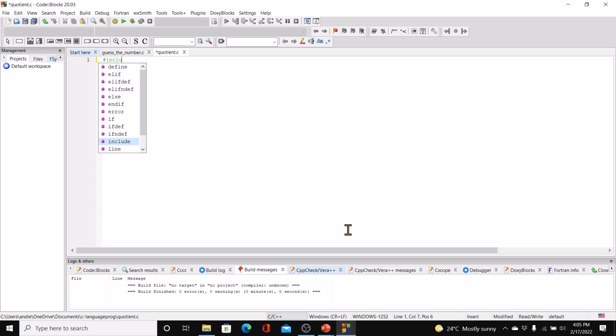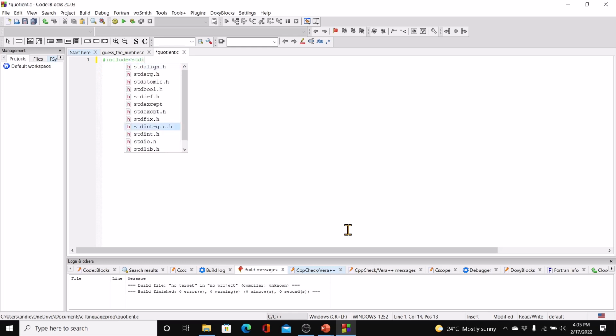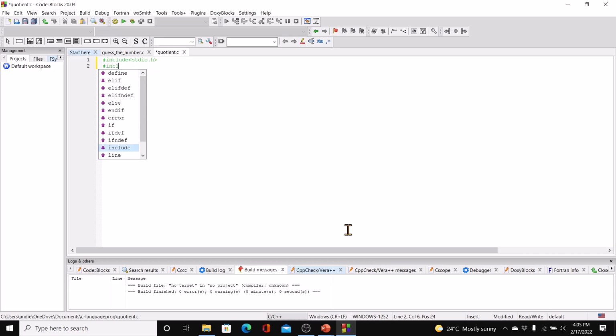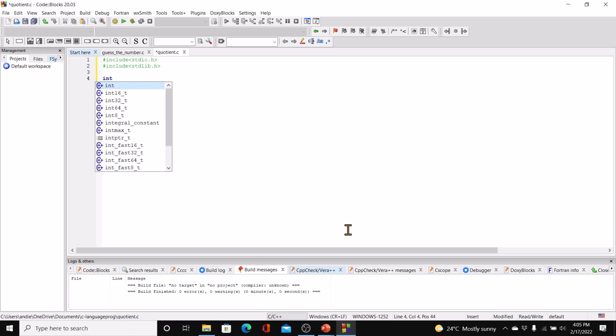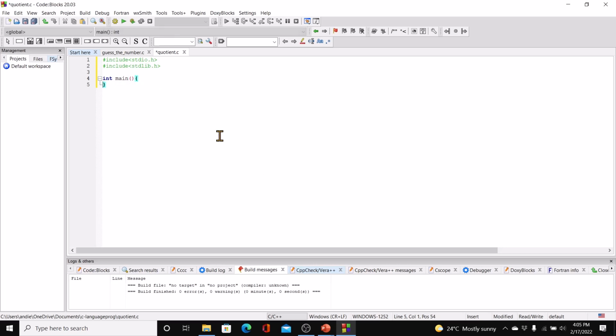Again, hashtag include stdio.h, and because we're using scanf, hashtag include stdlib.h. We don't need any other header files. In main, what are the variables we need? Integer a comma b,